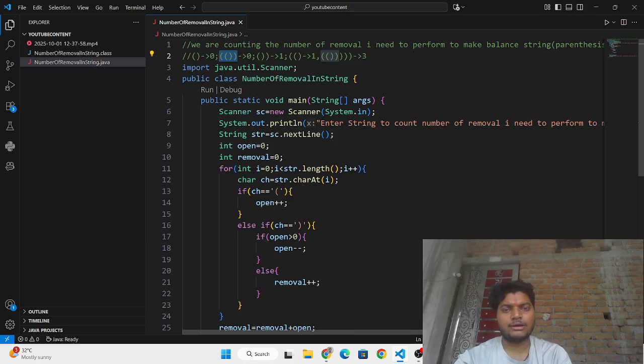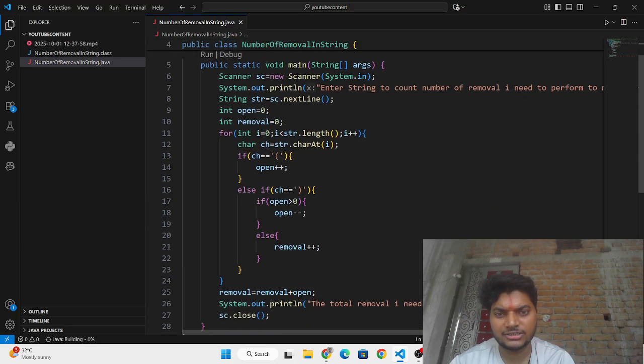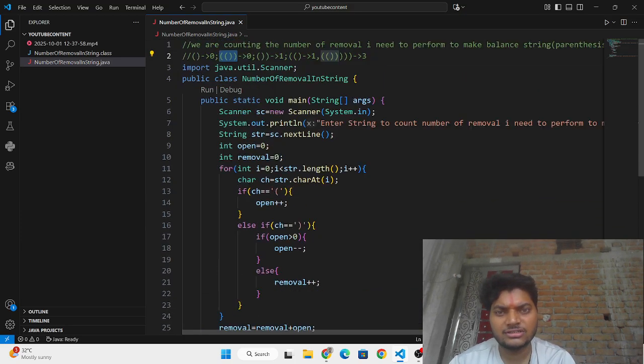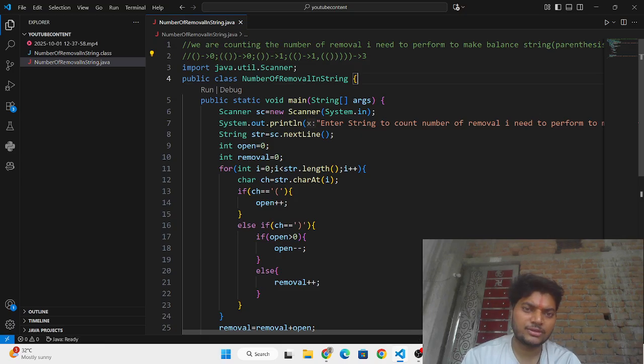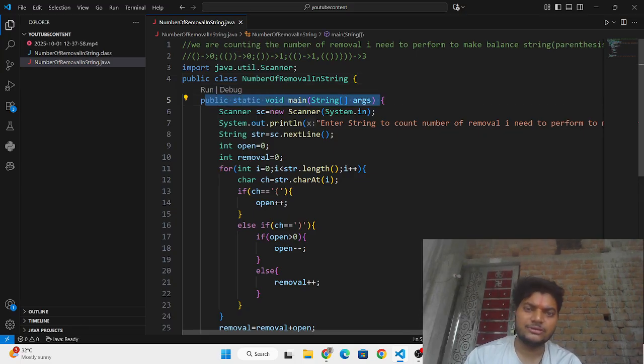Now I'm going to write comments so that you can understand each thing. And this is the scanner class for taking user input, you already know. And this is the class name, the file name where the code is going to be saved. This is the main method we must write to run our program.